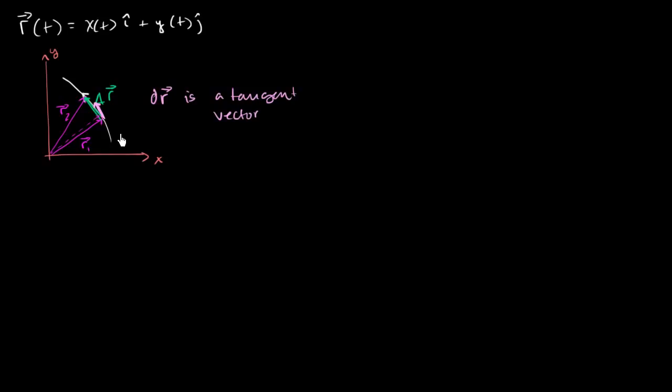And once again, all of this is a little bit of a review, but dr we can write as dr is equal to dx times i, the infinitesimally small change in x times the i unit vector, plus the infinitesimally small change in y times the j unit vector. And you see that if I were to draw a curve, let me just draw another one. Actually, I don't even have to draw the axes. If that is our dr, then we can break that down into its vertical and horizontal components. This right over here is dy,